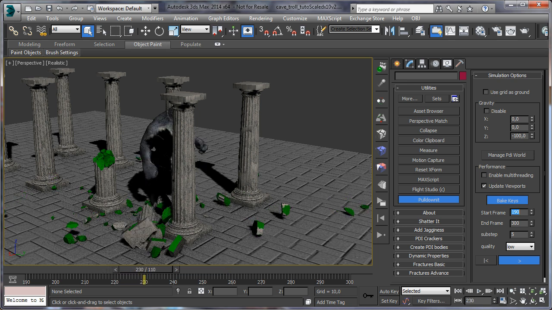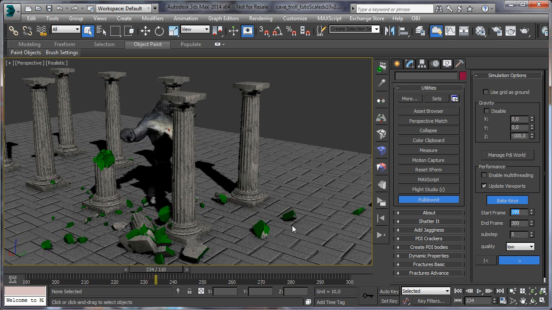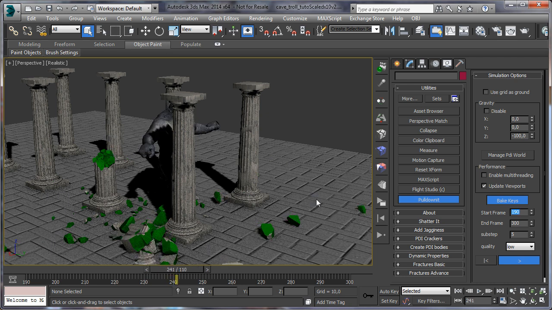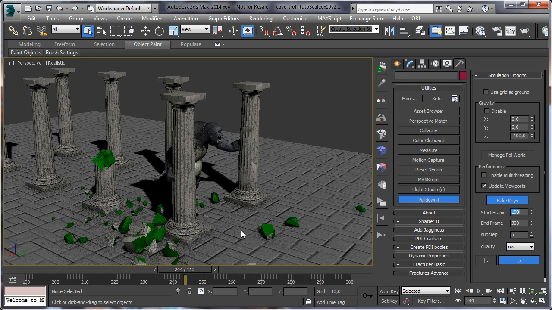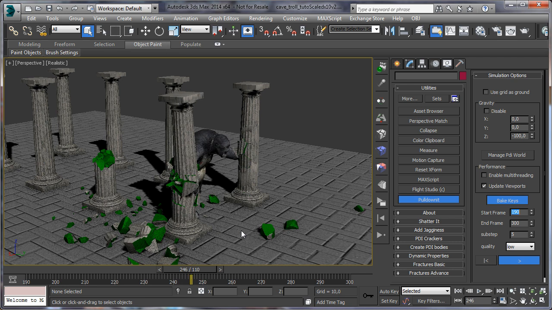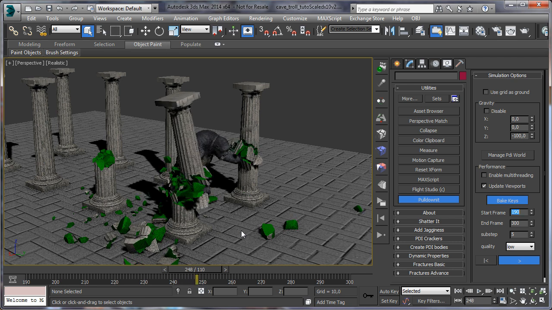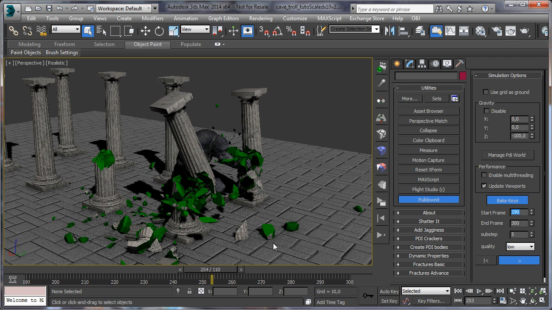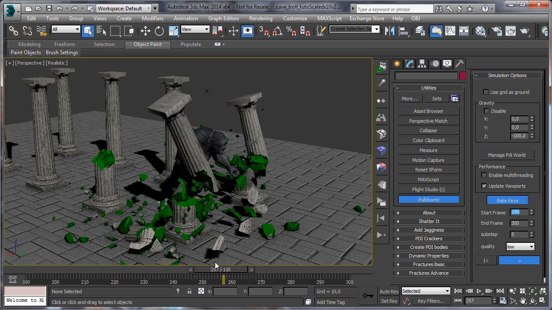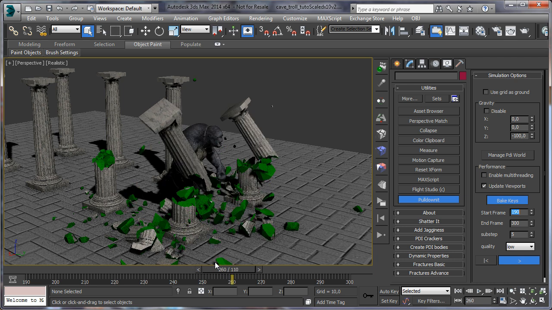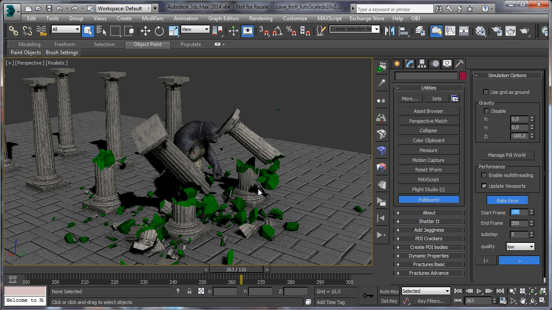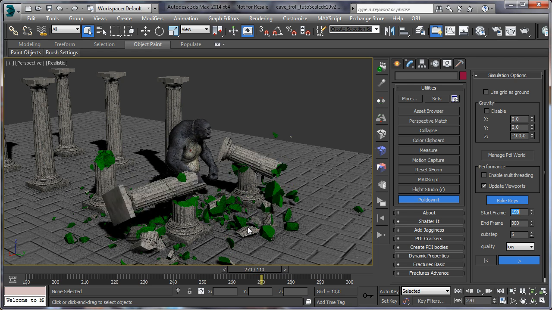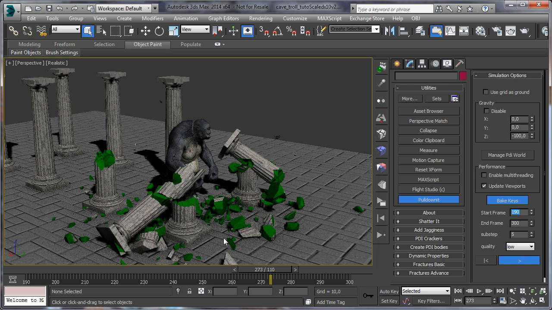Okay, now let's see if when the arcs hit the columns they start to break, and we have fixed the issue with the column on the right, and it breaks in a more believable way. Yes, its motion is different now, and let's see if the big part is breaking again when colliding with the base of the column. Okay, it's starting to break, nice,